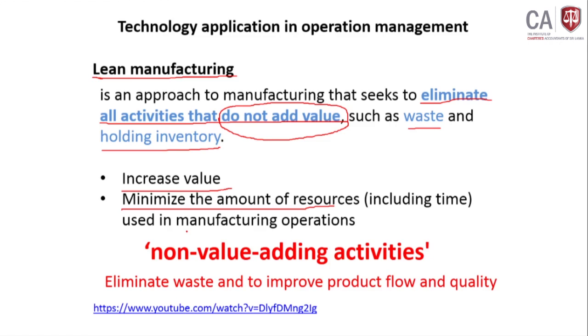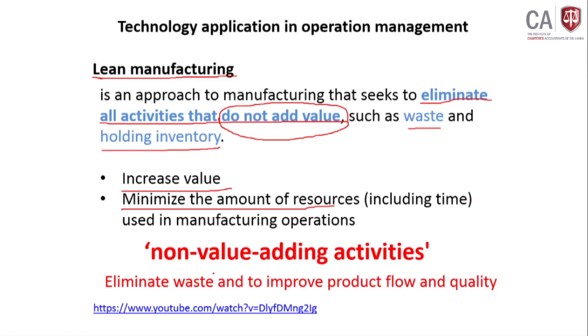But if you are having a very good lean manufacturing environment, you know where you are going to keep it. If you are giving that equipment to someone else, you will note it down on a piece of paper or in a book or somewhere. Okay, I transferred this equipment to someone else. So you know where your equipment is now. Likewise, you can reduce the time. So that is a waste. If you are using more time, it's a waste for your production.